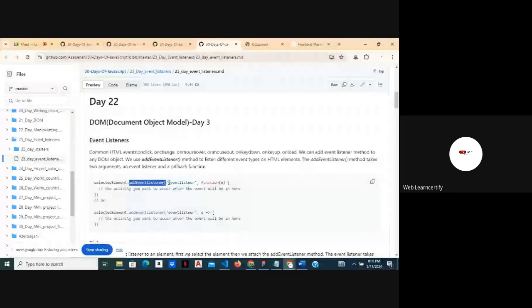Remember when we talk about functions, we said when you're calling a function, if you put in any item as an argument,